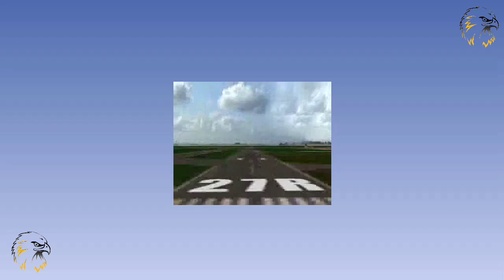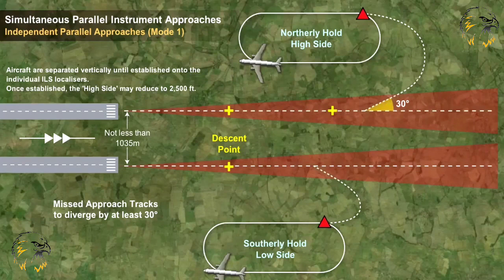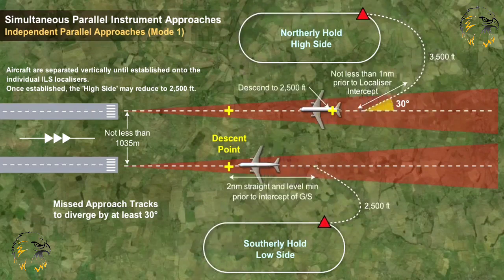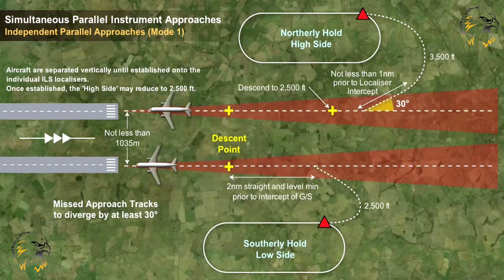There are three main types of operation associated with parallel or near-parallel runways. The first is the simultaneous parallel instrument approach, of which there are two basic modes of operation. Mode 1 is when independent parallel approaches are made, where the radar separation minima between two aircraft using adjacent ILS and or MLS is not applied, and